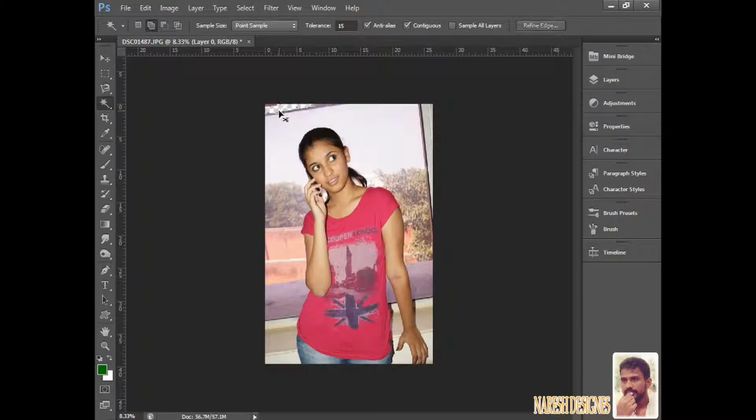It's deleting. Ctrl+Alt+Z is multiple undo. If the background is white and only different colors are in the background of your image, and you want to delete that particular area, the quick selection tool and magic wand tool are very useful. With the quick selection tool, you select exactly what you want to delete, that particular area, and delete it.